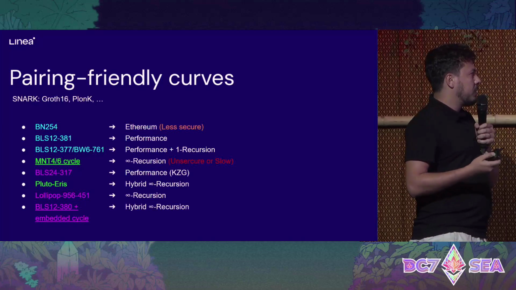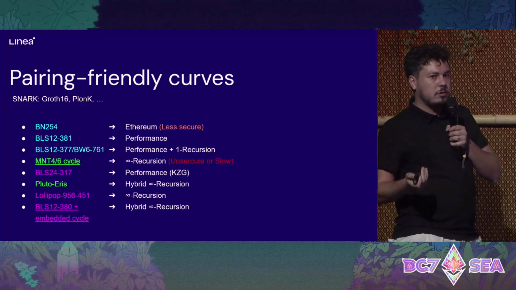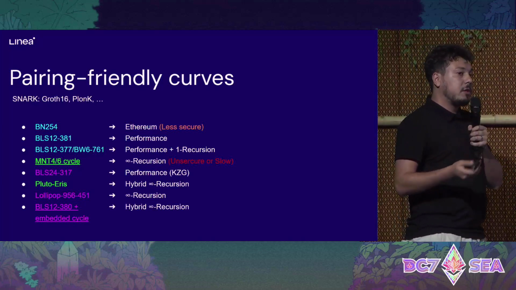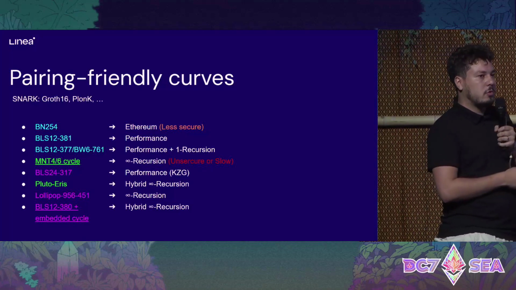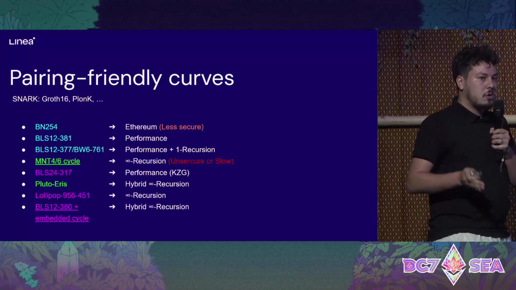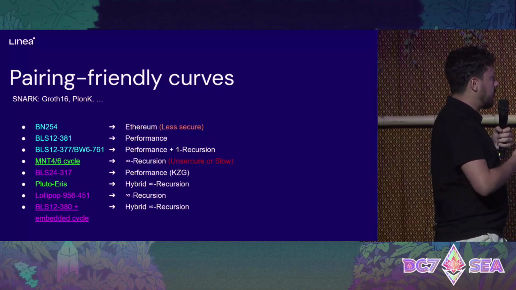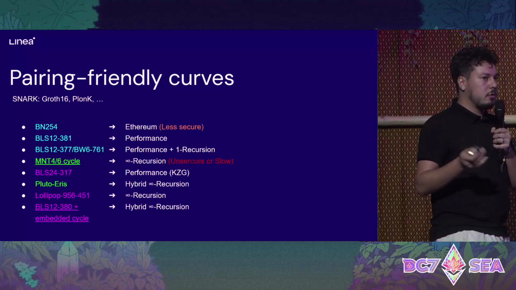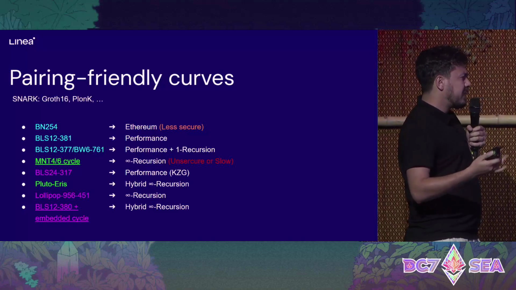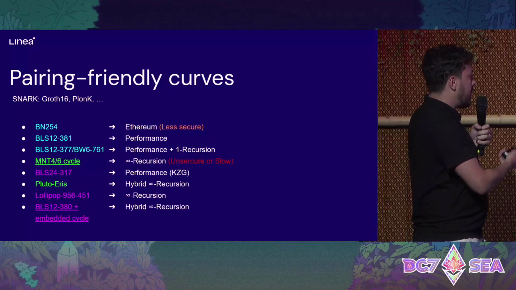If you want Ethereum compatibility, then BN. If you want performance, BLS12. If you want one recursion, that is a proof of a proof, maybe you want to use 2-chains. If you want infinite recursion with pairing-based, you are stuck with MNTs, but these are slow, either slow or insecure. If you want some hybrid recursion, then you can also have other